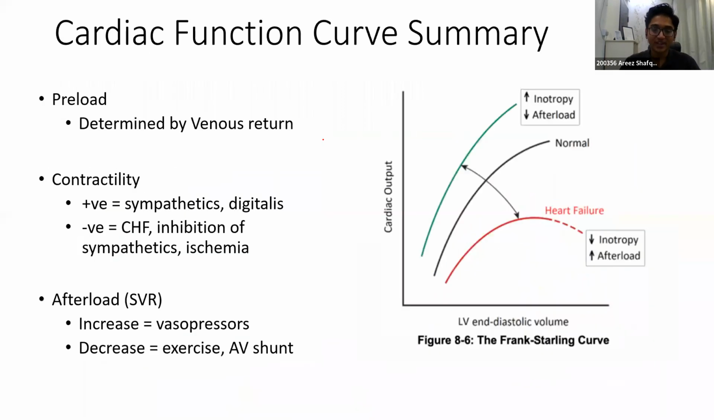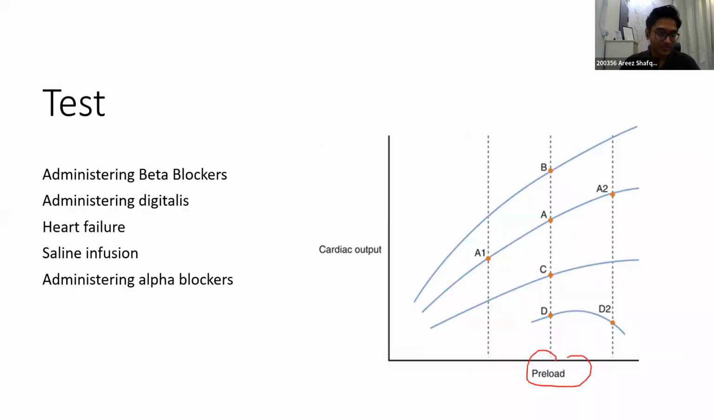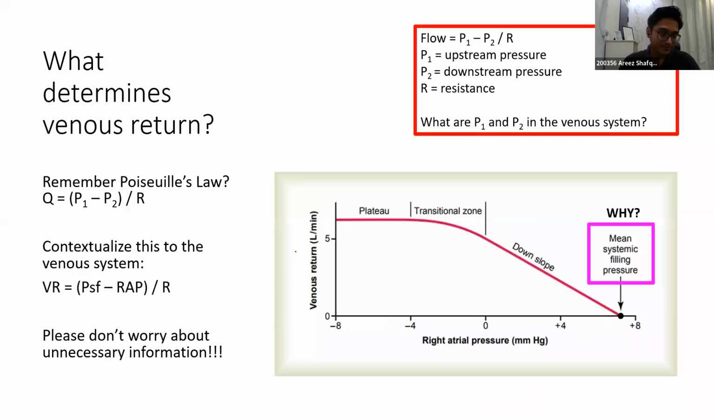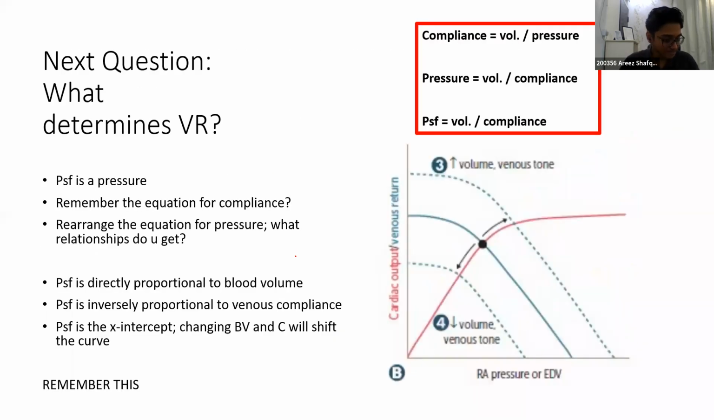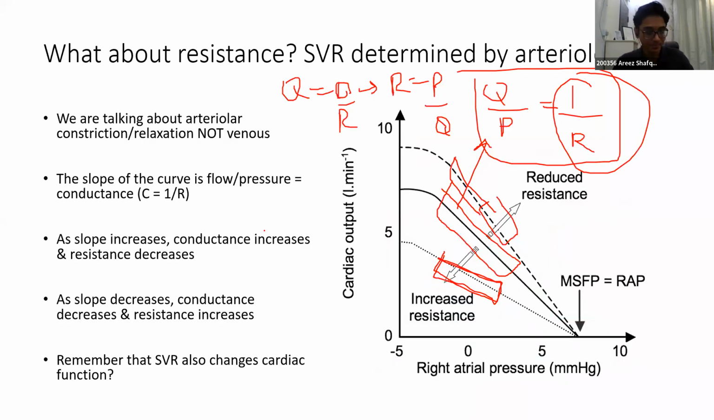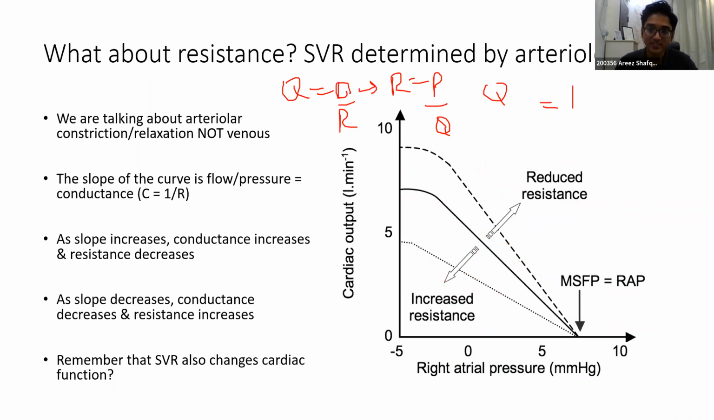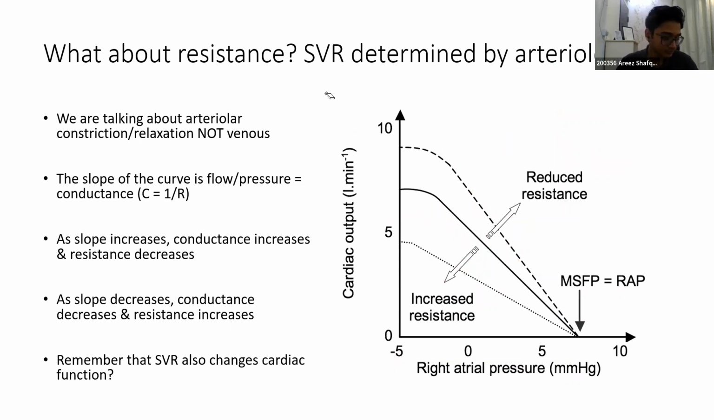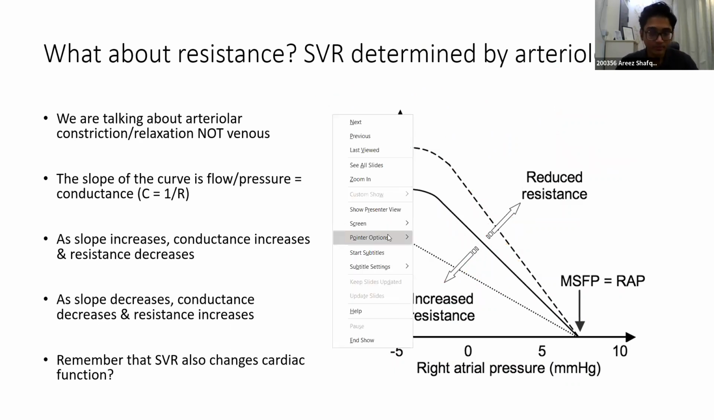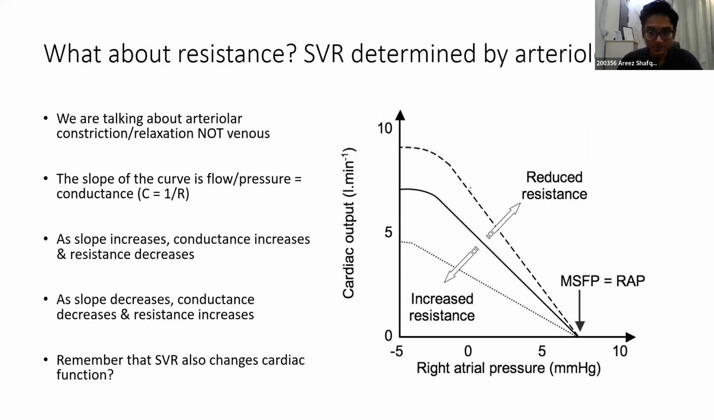So sometimes on the axis, you'll see preload. Sometimes you'll see left ventricular end diastolic pressure. Sometimes you'll see right atrial pressure. They all mean the same thing. Okay. But does this concept of resistance make sense? Okay, so just to recap,